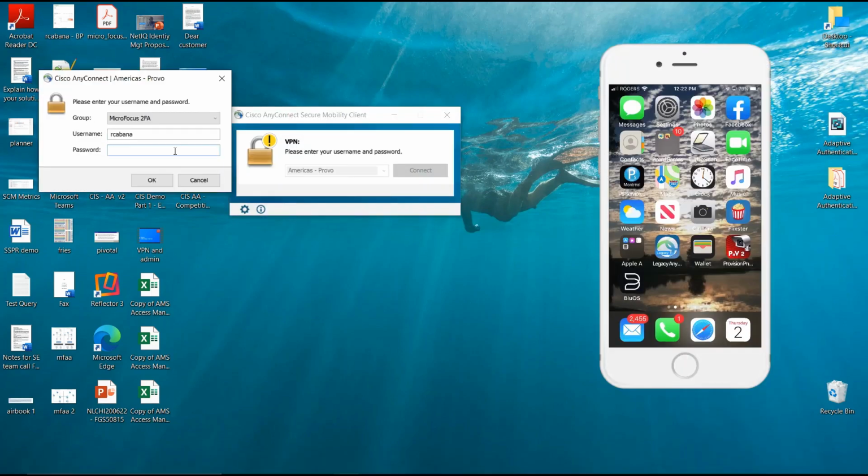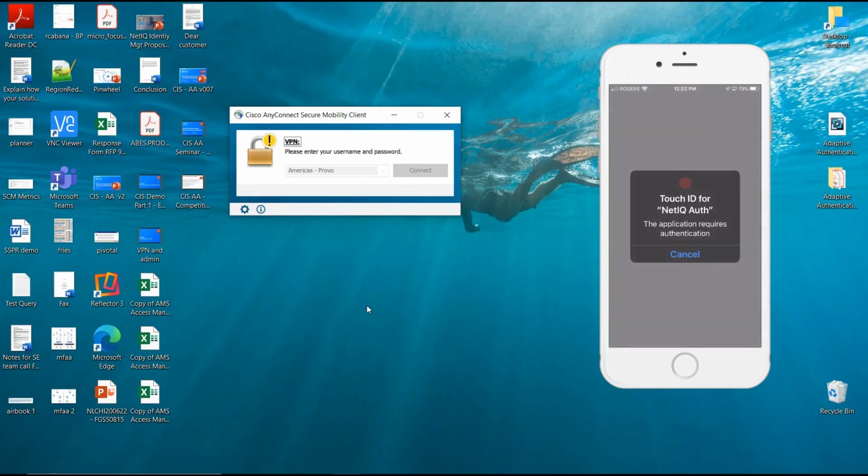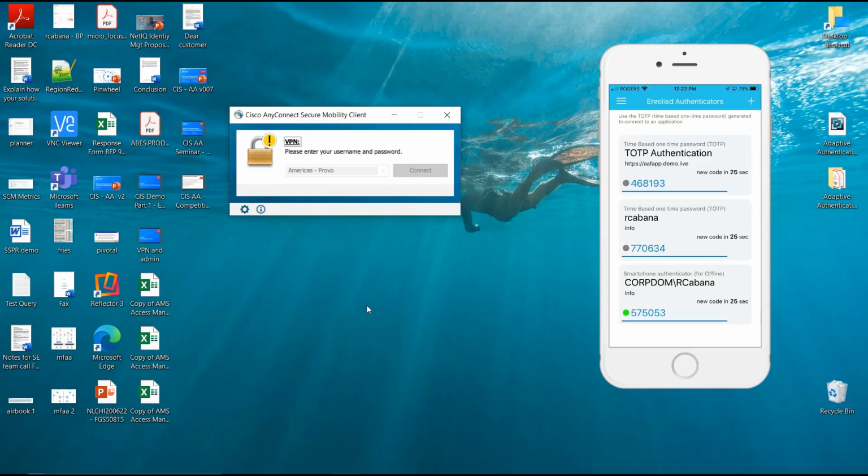So you can see that in this case it asks first for my LDAP password, which is opposite from what you saw with the Windows client. So I'll go ahead and provide the LDAP credentials. And you can see that on the smartphone I get a notification that I require authentication. Once again here, the phone itself is protected by the fingerprint ID, so I can't get to those methods until I've provided that. And this again gives you an additional level